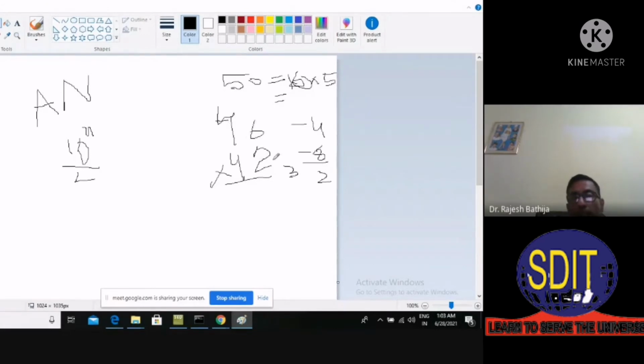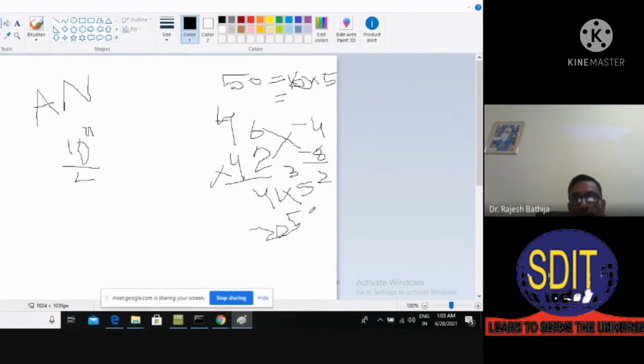Now, again, what we do in Nikilam: 42 minus 4 or 46 minus 8, right? So 42 minus 4 will be 38, and 3 will be the carry. So 38 plus 3 will be 41, right? But we don't write 41 as it is. The result should be multiplied by 5. So 41 multiplied by 5 gives 205, and with the 2 that is 2052, so 205 followed by 2 is the result, right?